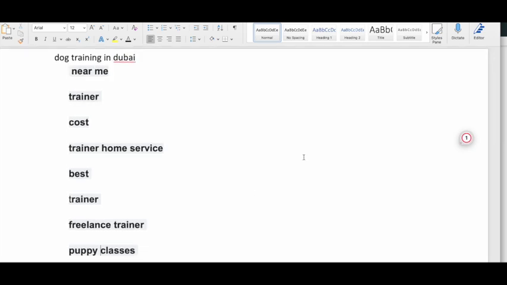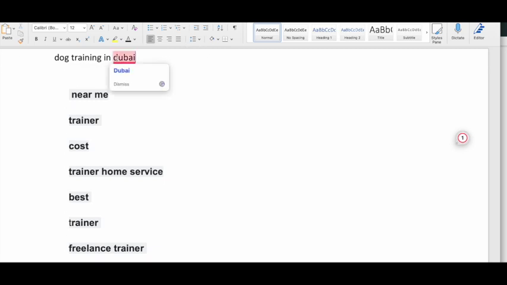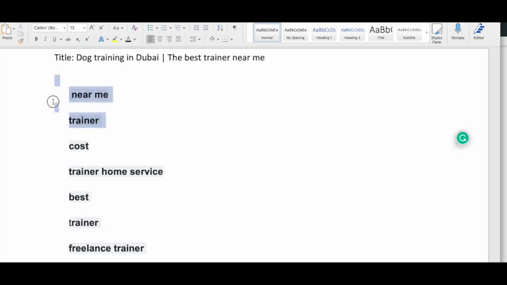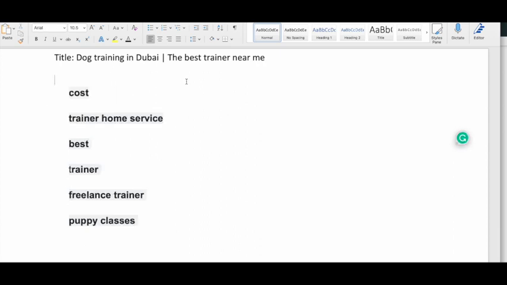So here's how I would optimize the page. I would start with putting my exact keyword, dog training Dubai. This will be in my title. I'll put dog training in Dubai, and what I'll also do is put the best trainer near me. So right here I've taken out trainer and near me. So this is done. I've removed this. And